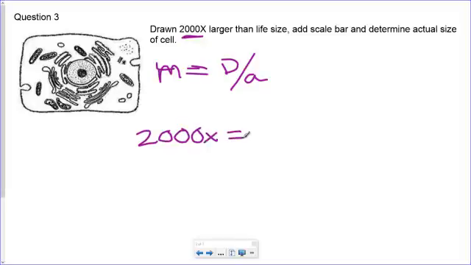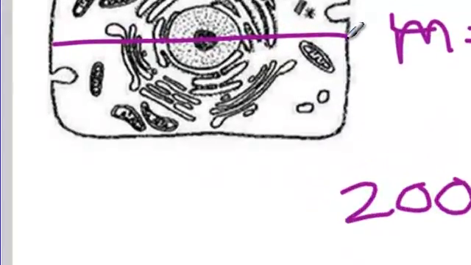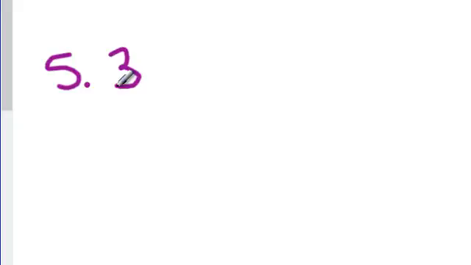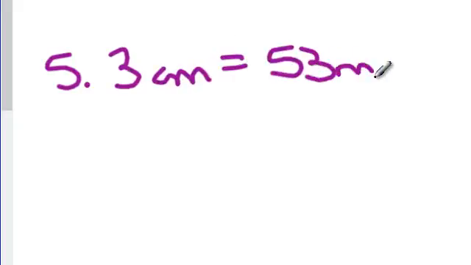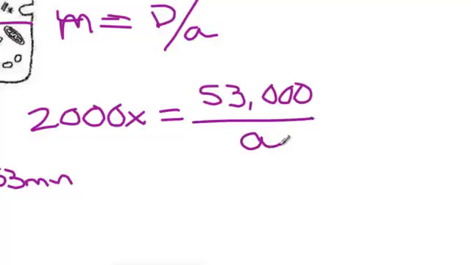Now to get the drawn size, you literally will just draw a line across there or measure it with your ruler. The measured size of this, I put it as 5.3 centimeters estimated, and that's going to be 53 millimeters. And again, you want to change everything to micrometers, so this is going to be 53,000 micrometers, and then you're going to divide that by the actual size. So this is what you're solving for, your x in this example. If you solve for x, the actual size of this is going to be